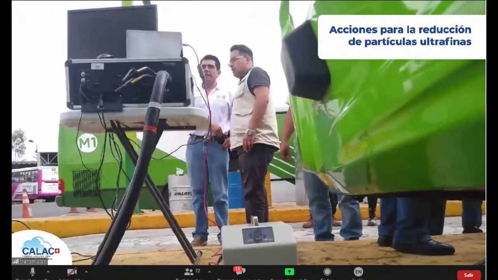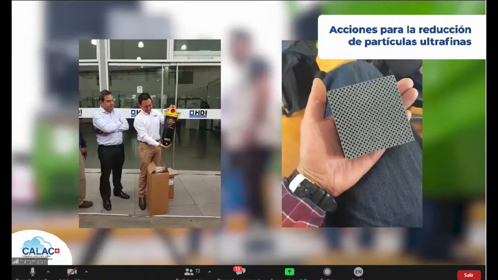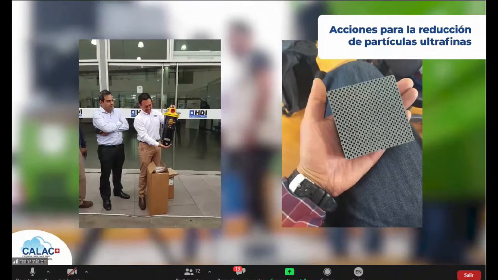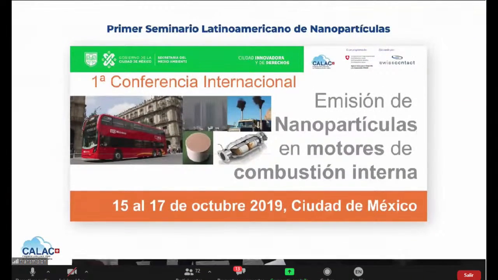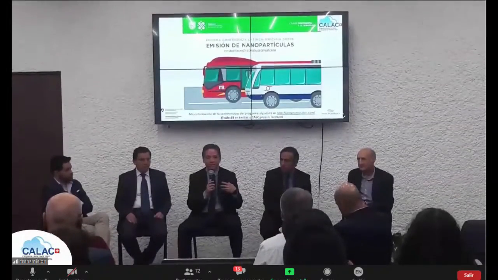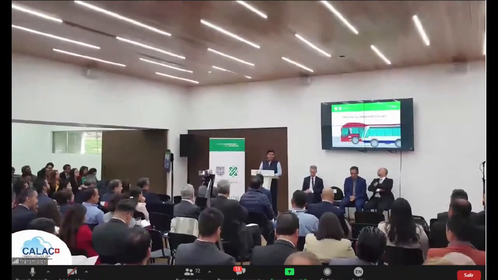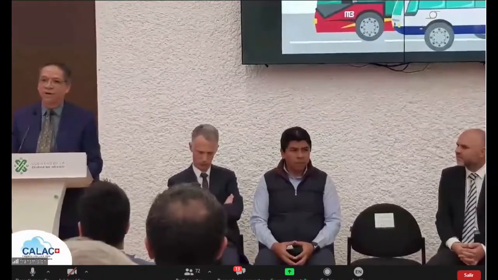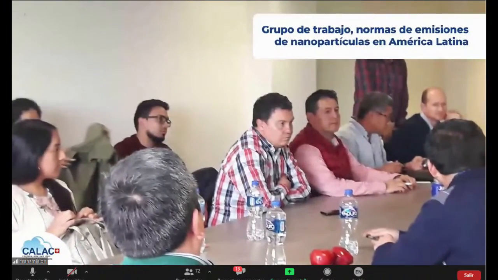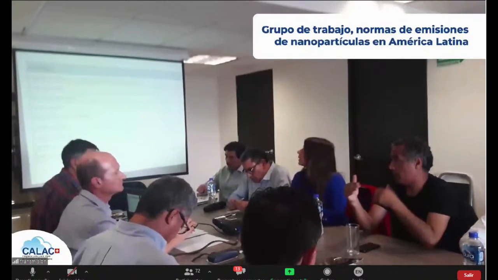The cities have guided their efforts towards reducing ultrafine particulates in two main axes: quality of fuels and introduction of ultrafine particulate emission standards. The first Latin American seminars on nanoparticles shared specifics of nanoparticles and their harmful effects on the population, and the technological development and nanoparticle control systems from the European and US standards. As a result of the interest in this seminar, we promoted the creation of the working group on nanoparticle emission